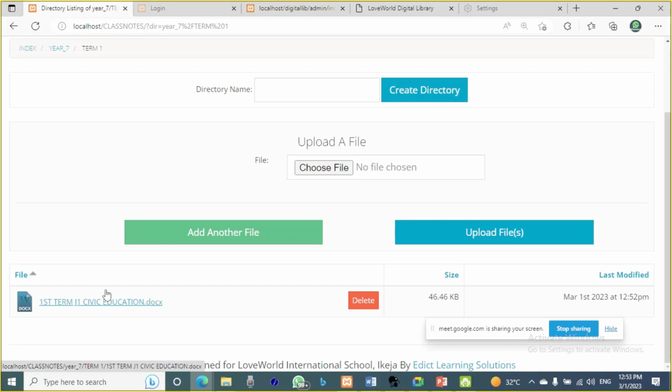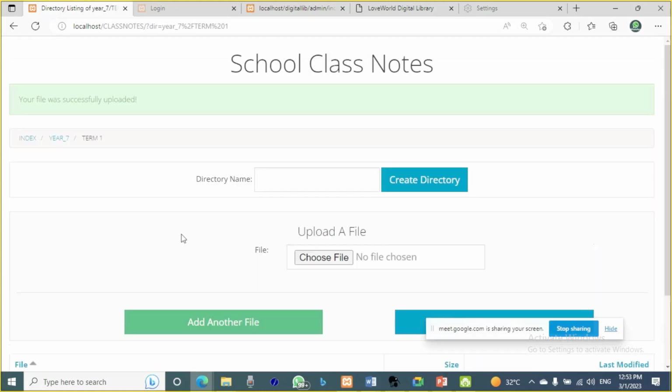And there is so much information you can also host here, the way I've explained: rules and regulations of the school, prefect responsibilities maybe, and so many other things like that. So this is the second part of the library. Let me go back to the other one now, which is the